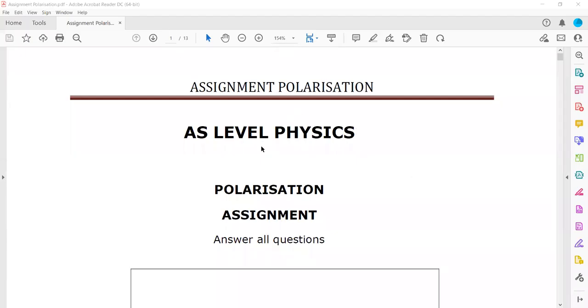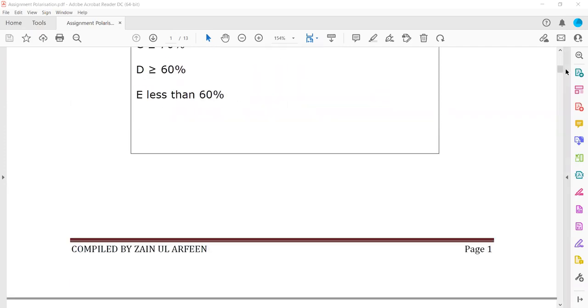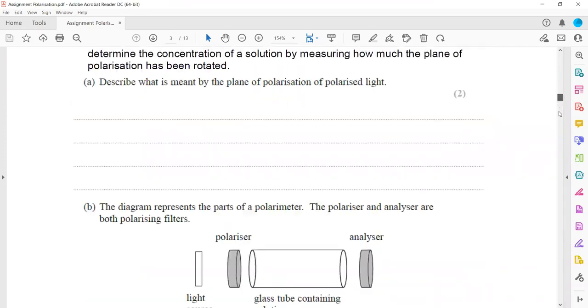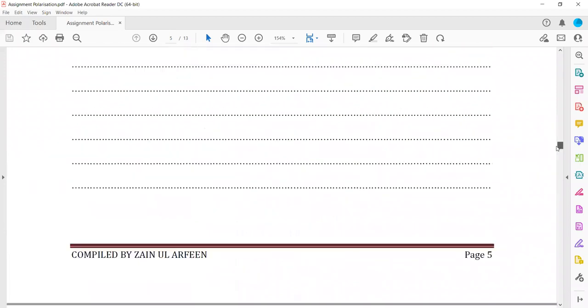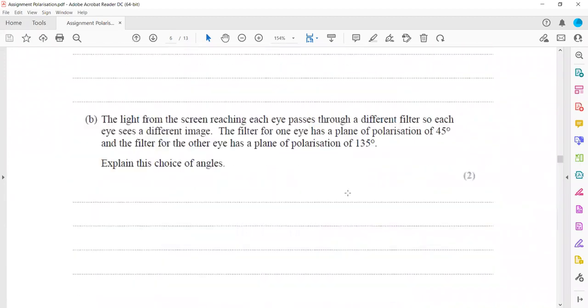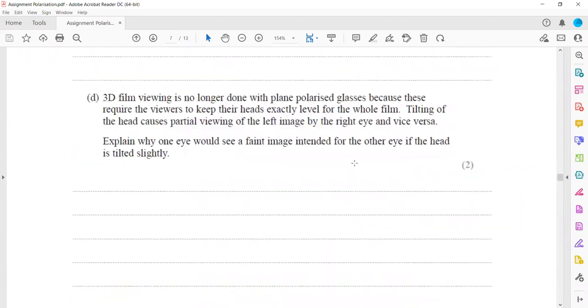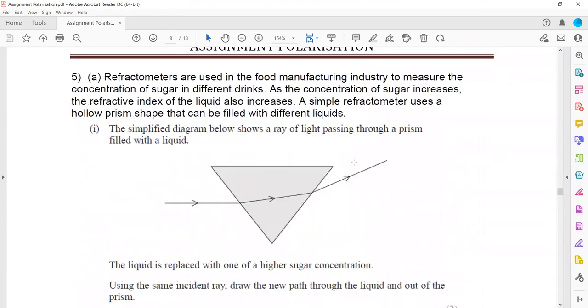So this one is an assignment related to topic polarization. The first four questions I have already discussed. So we'll start with question 5 onward. So in question number 5,